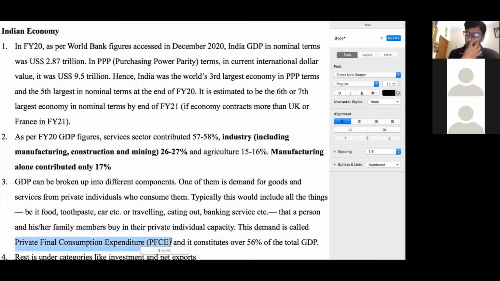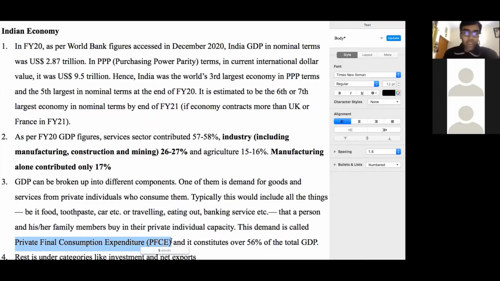This simply means all the goods and services that are consumed by people inside the borders of a country over one financial year. Now, what do I mean by consumed? Consumed means that once individuals buy these goods and services, they consume them. They do not lead to any further GDP generation. Let's say food is bought for a certain amount, that food goes inside our bodies, and that's it. It's not resulting in some kind of investment which is generating further GDP.